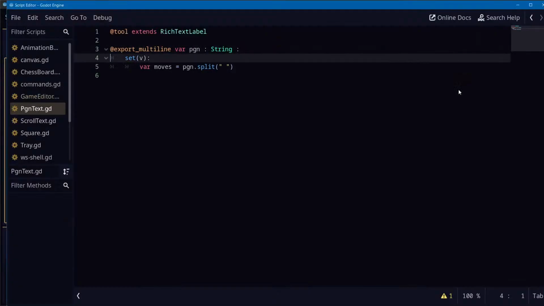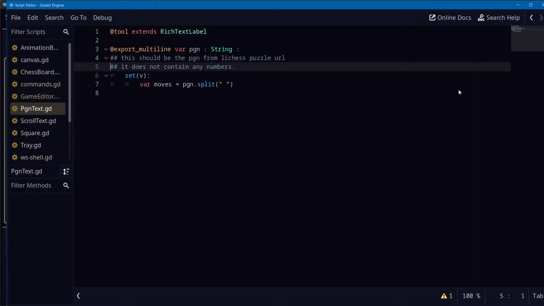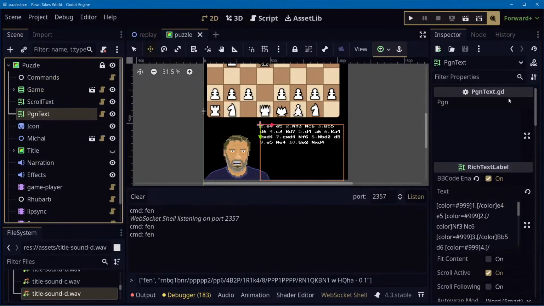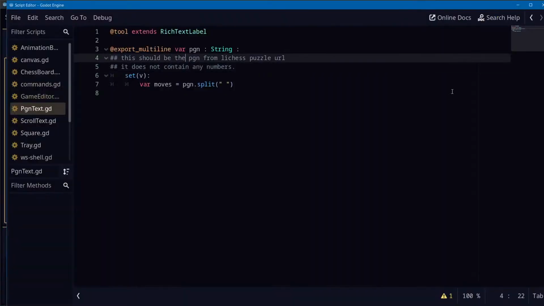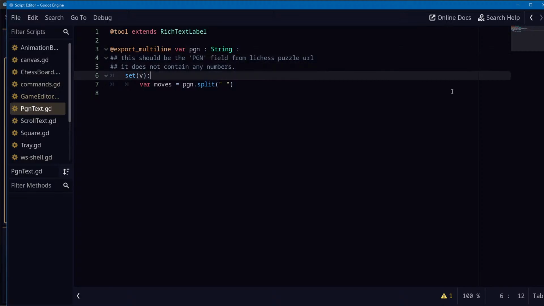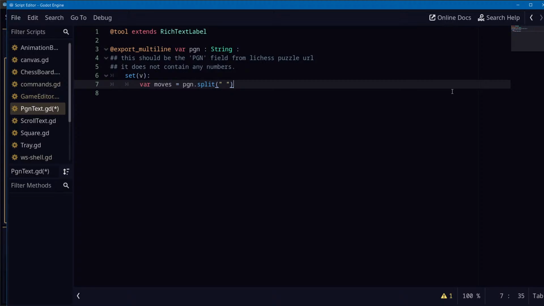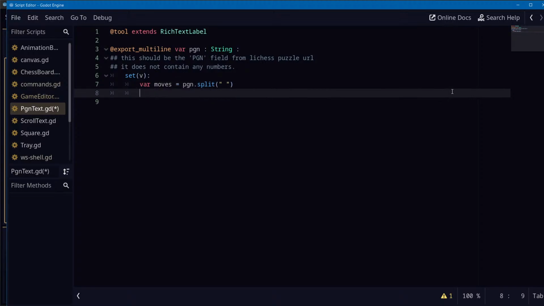Oh, maybe I have to put it inside of this. Yeah, okay. PGN field from Lichess puzzle URL. It does not contain any numbers. So we're going to split it, and then